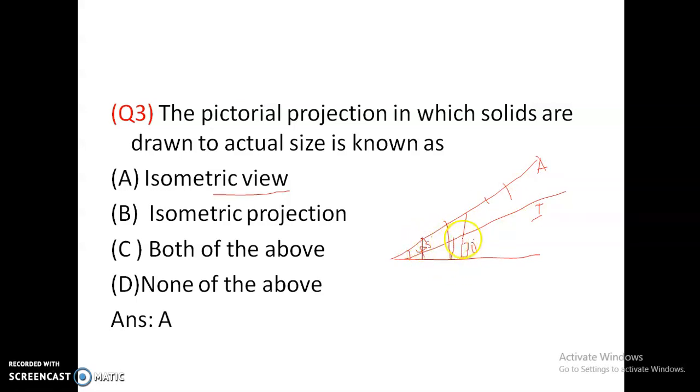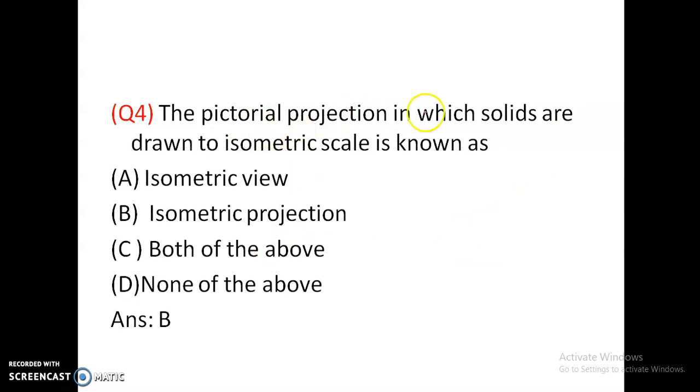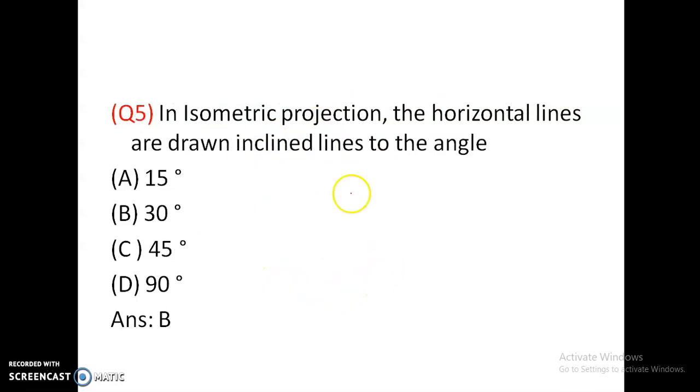It is reduced in length. This length is equal to 0.815. The isometric length is reduced by 0.815. So if it is drawn to actual size, it is called isometric view. If it is drawn to isometric scale, it is called isometric projection. Next question, the pictorial projection in which solids are drawn to isometric scale is known as isometric projection. B is correct. In isometric projection, the horizontal lines are drawn as inclined lines at an angle of 30